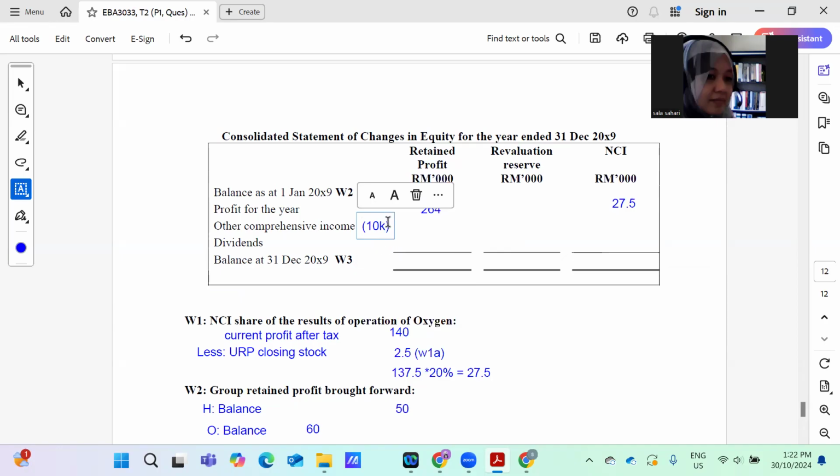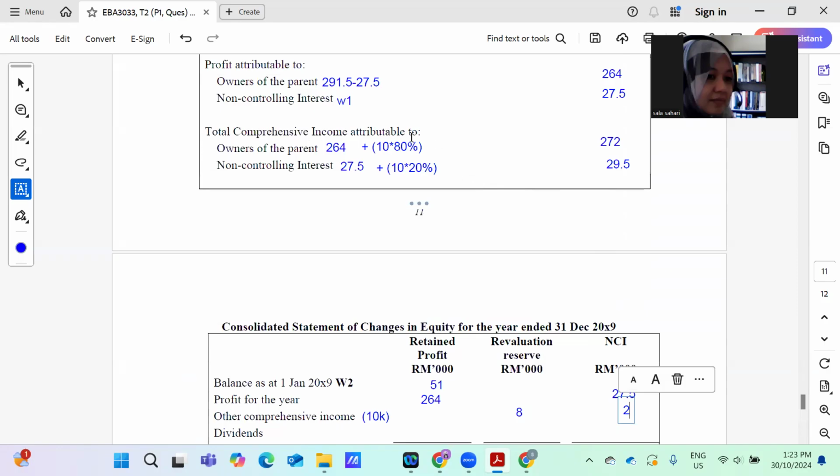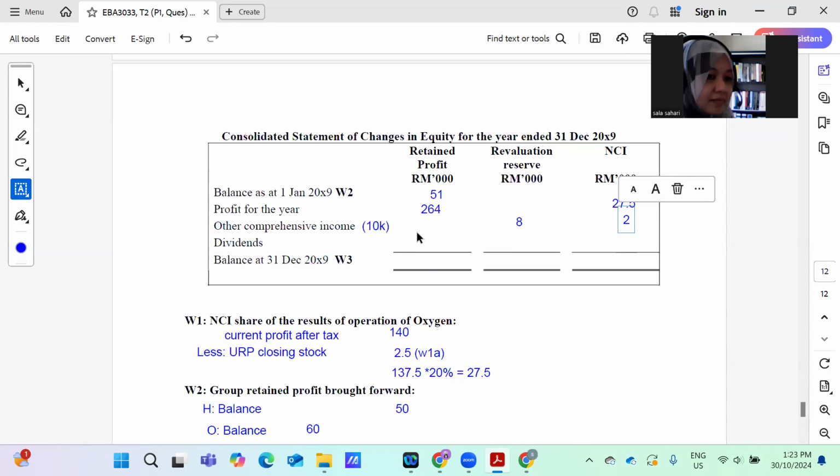The surplus, but out of this 10K, you charge 8,000 to the parent, 80%, and another balance is 2,000 we charge to NCI, or you can refer to this section lah, this part, right? The comprehensive income. And then dividend, you just take from the